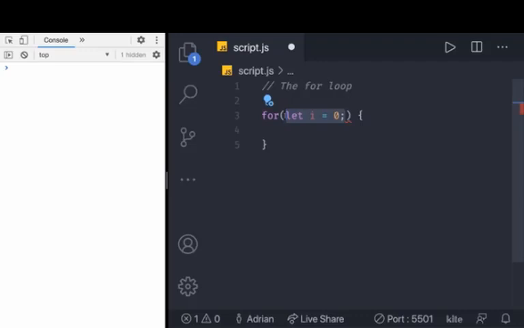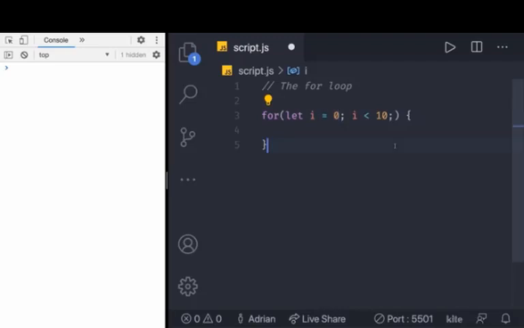Then the second thing is the condition. The condition statement is evaluated at the beginning of every loop iteration, and it is going to continue as long as it evaluates to true. When the condition is false at the start of your iteration, the loop will stop executing. This means that if the condition starts as false, your loop will never execute. So let's say that the i variable is equal to 0, and then in here we have the condition. Let's do the same thing we did before, which is while i is less than 10. That is our condition. So currently, i is less than 10, it is 0, so the loop will execute at